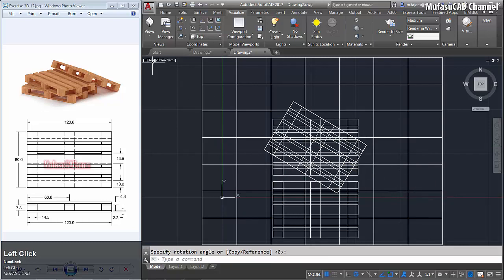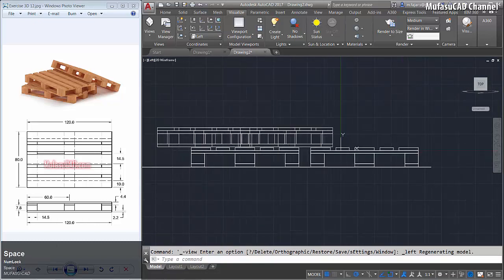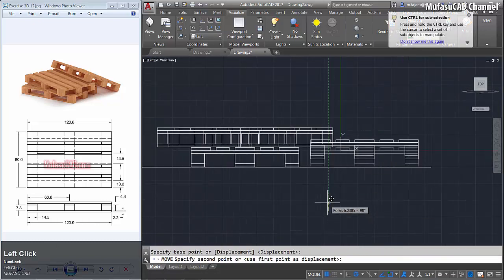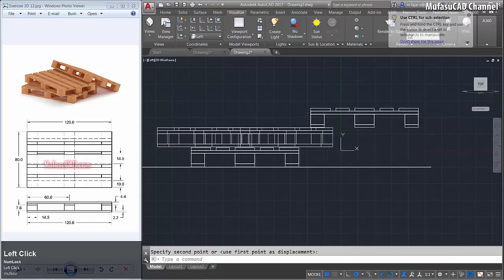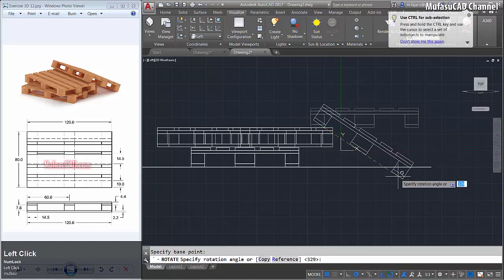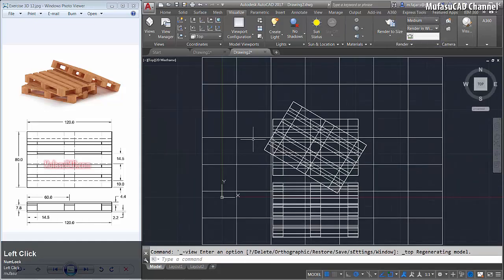Okay, and we change to the left view again. I will move this object to the top here. Okay, and rotate this object from here to here and change to the top view.